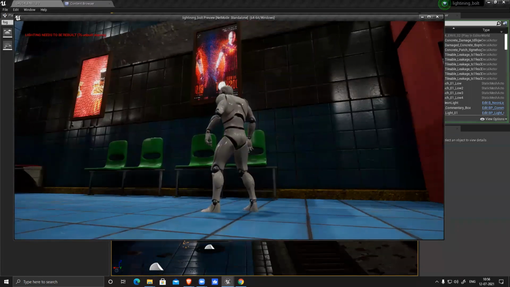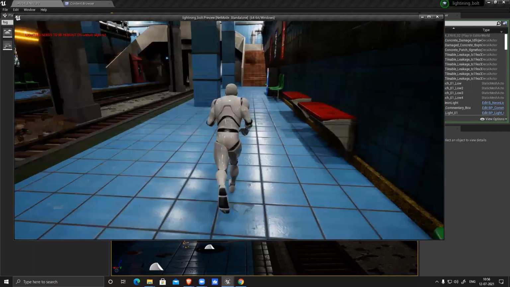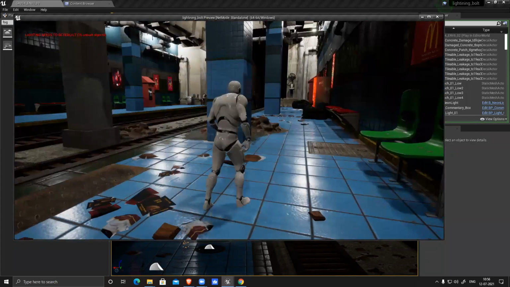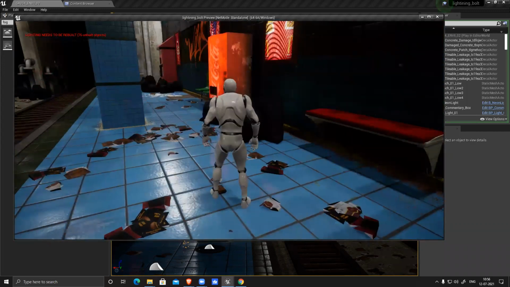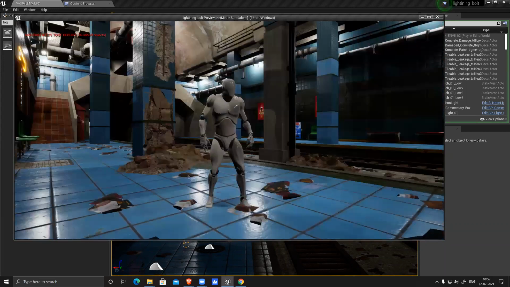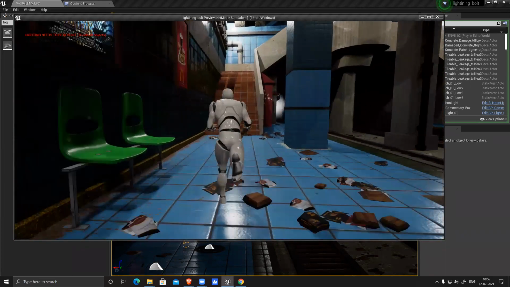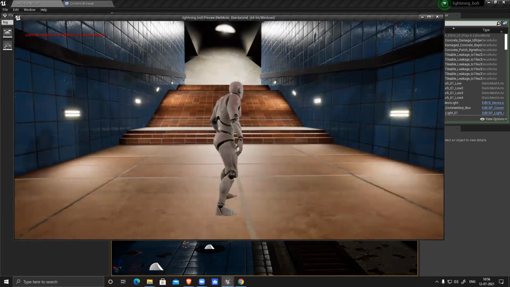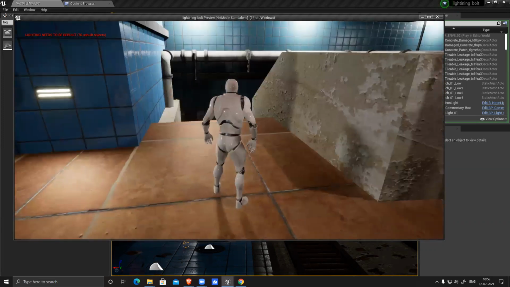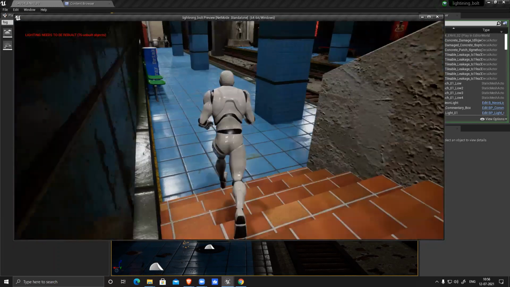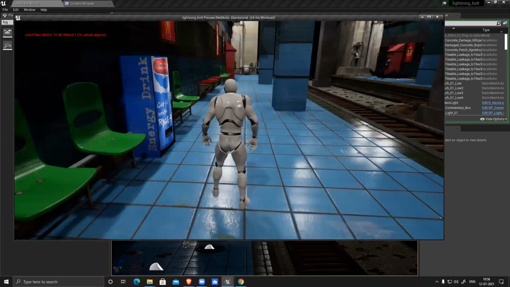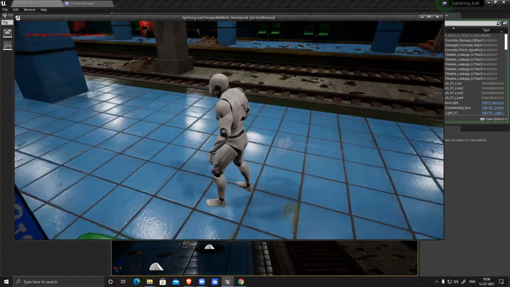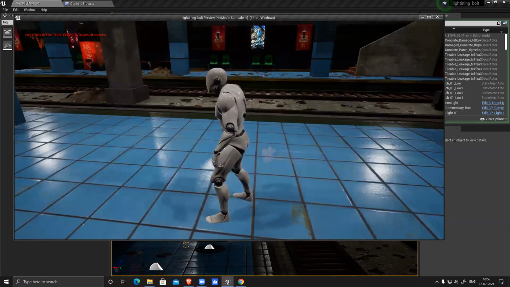See this poster, there are animated posters. See dirt, debris, garbage, lights, and staircase. It's still WIP. You can create the entire scene, and here you can see most of the things are modular pieces. Same chair, you can see same chair again, same chair here, same chair there, that side also. And all these pillars are the same, but still we can create variation.